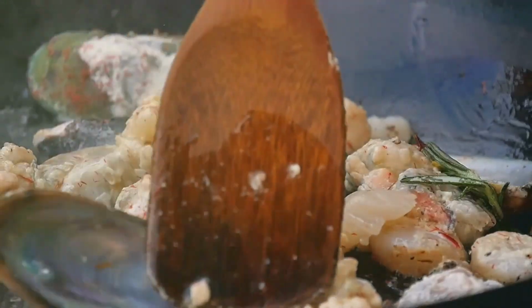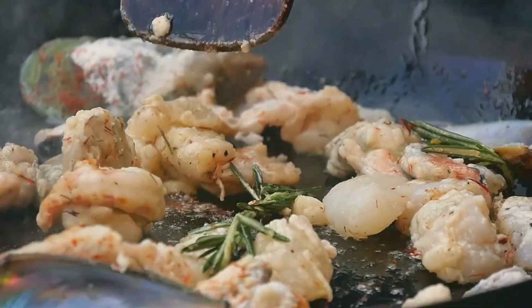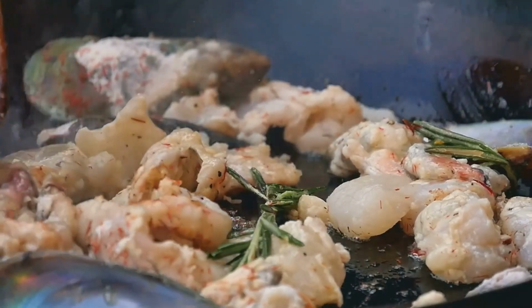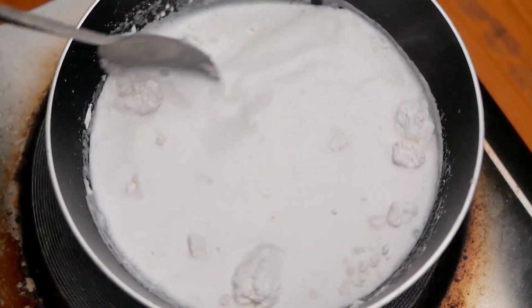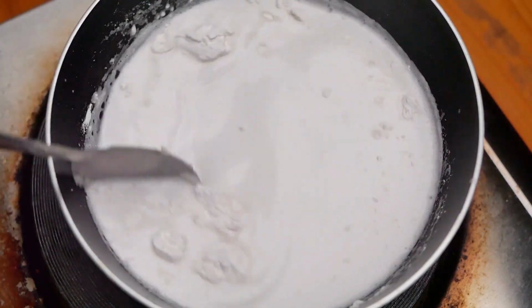aromatic. Next, it's time to pour in the coconut milk. This is the key ingredient that gives our dish its creamy, rich flavor. Pour it in slowly, stirring as you go to incorporate it well with the sautéed spices. Once you've got it all in, give it a good stir and let it simmer. The coconut milk will start to thicken and reduce, and that's when we know it's time for our star ingredient,